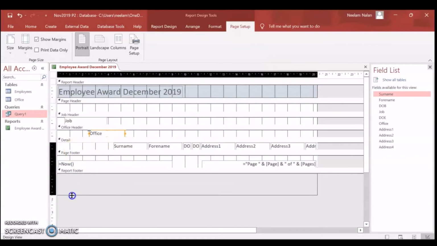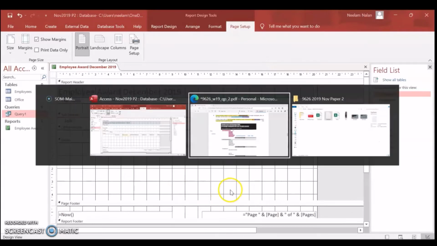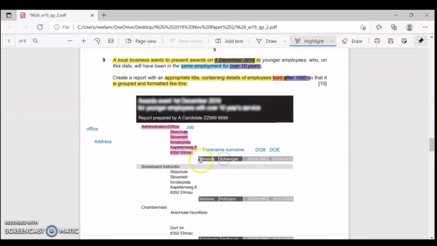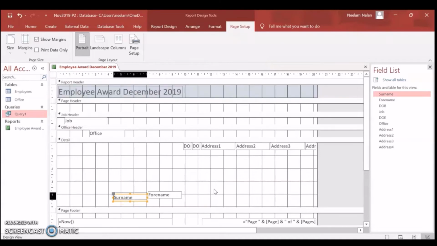We can do this in any view, design view or in layout view. So first we'll adjust the forename and surname because they are appearing first in the report. So this needs to be taken down. First is forename, then is surname. I'm using arrow keys to move the field around.